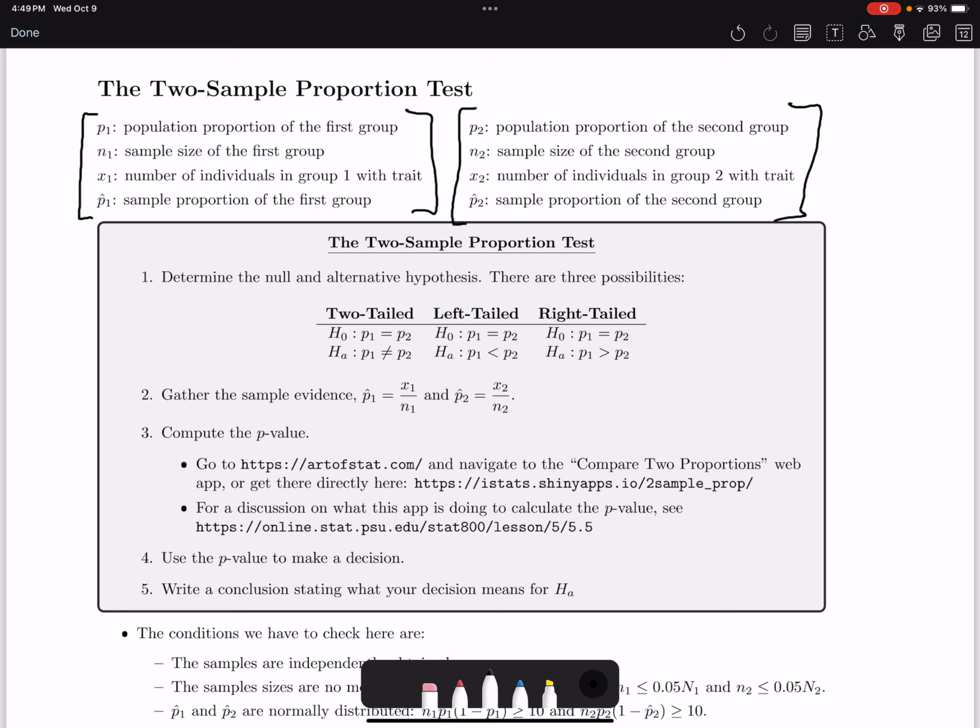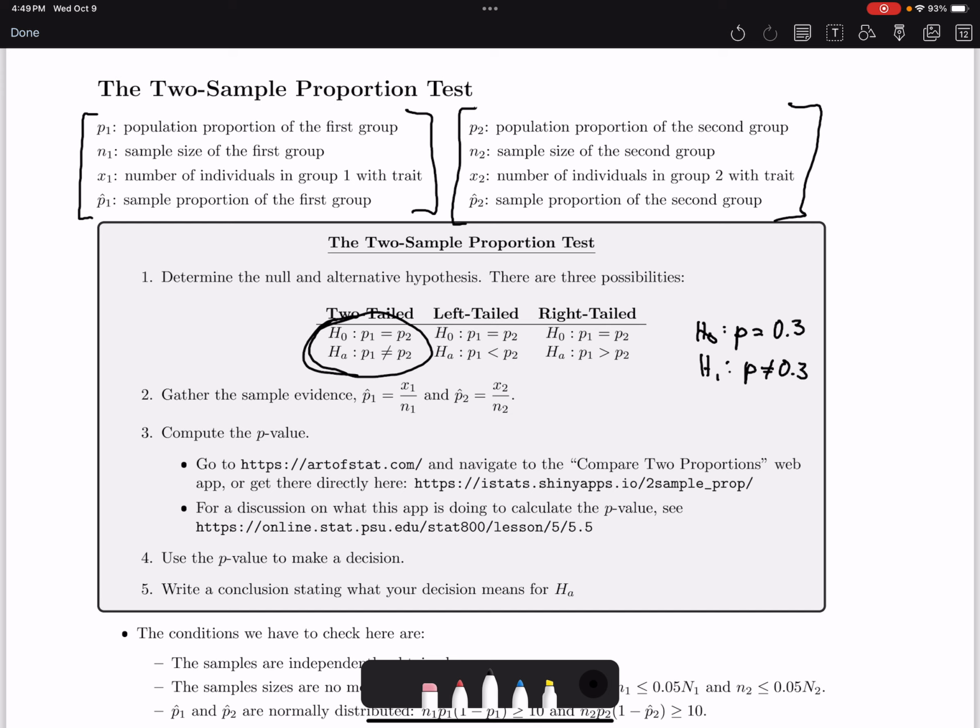Now, these are going to be the same steps as usual, but there are going to be some subtle differences. For example, notice the way that the null and alternative hypotheses are stated here. Instead of the null hypothesis being that p equals some number, like 0.3 or something, and then the alternative being that p does not equal that number,